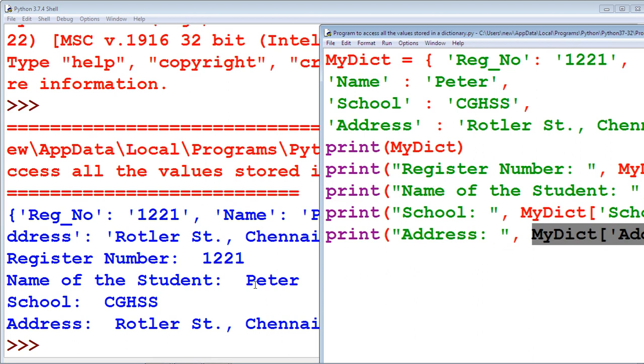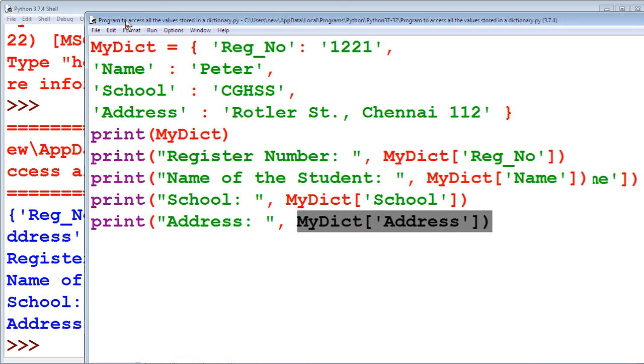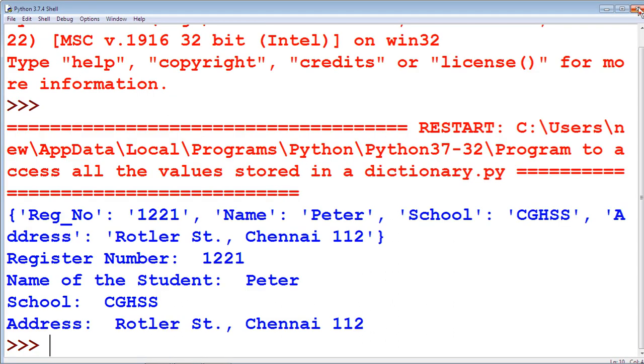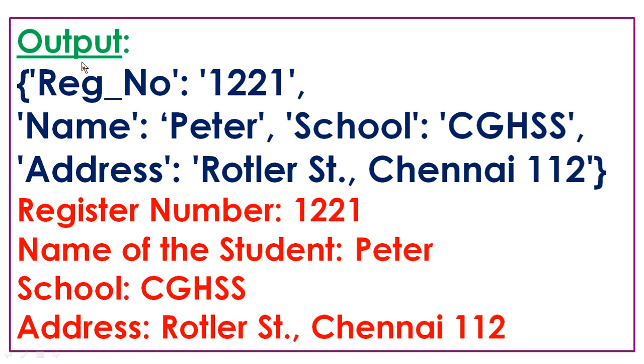The third statement prints the name only, the fourth prints the school name, and the final one prints the address of the school. So this program is used to access all the values stored in a dictionary. This is the output of the program.